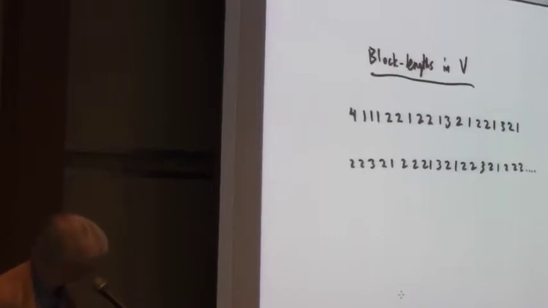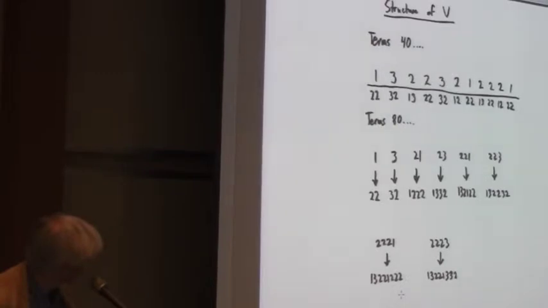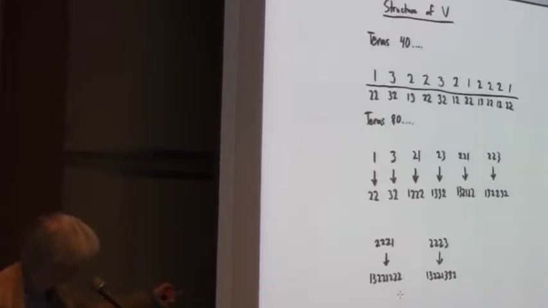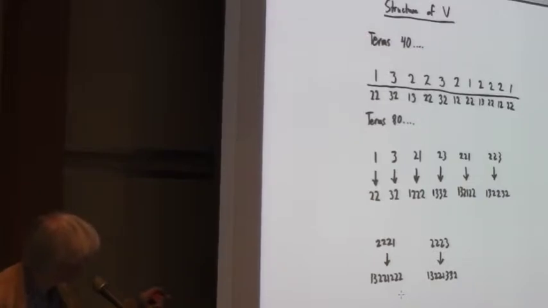And this sequence consists of 1s, 2s, and 3s, except for the 4 at the beginning. And there are, I guess these are called morphisms, that give you a block from terms 40 to 80, then from terms 80 to 160, by using these substitution rules. So this was kind of interesting because here was a very close cousin to the original function, the Q function,